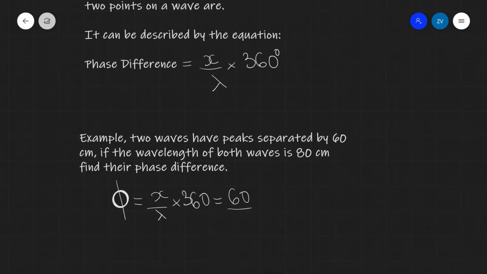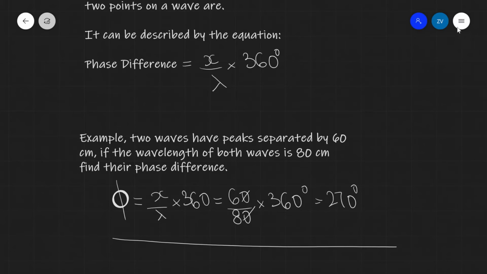So our wavelength is 80 centimeters. The centimeters are just going to cancel out, so I could write in the factor of 10 to the power of -2, but that will just cancel out. So I'm not going to write it, and I'm going to just multiply by 360 degrees. And if we were to just put this into a calculator, we are going to get 270 degrees. So the phase difference between those two waves is